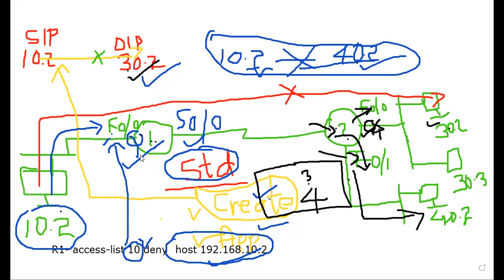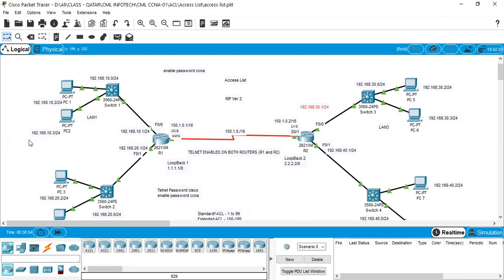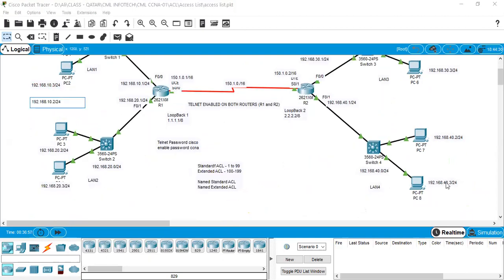So here in this design, if you say that 10.2 needs to be denied to 30.2 or the 30 network, apply it closest to your 30.2, which means F00. If your question is that 30.2 needs to be denied traffic towards the 40 network, apply it on F01.